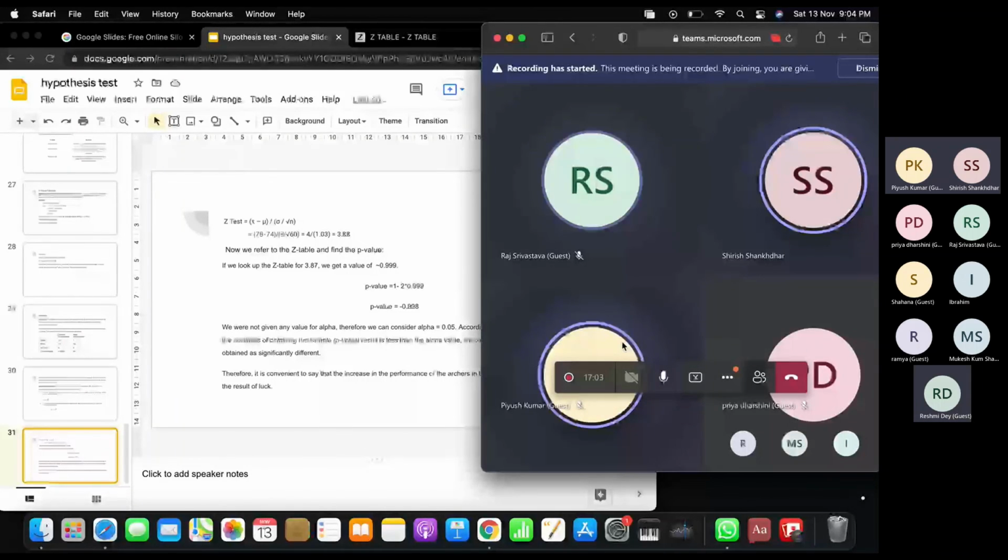So you're saying that this won't be multiplied by 2? No, the way we interpret the table, if you multiply by 2, it will be 2 into 0.005, because we have to take alpha by 2. Okay. So it is actually 1 minus 0.999. So the answer will be p-value 0.001. So it will be less than alpha. So whatever remaining statements are true only.